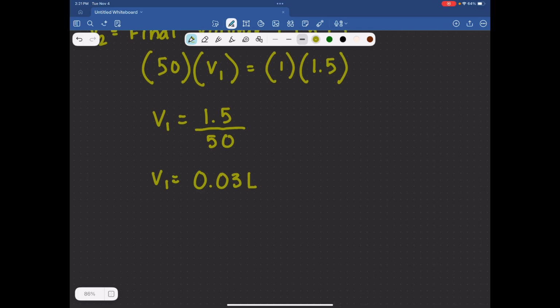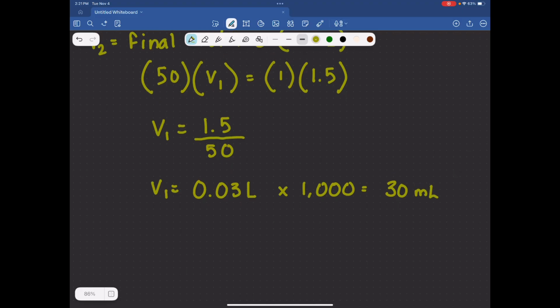So now we have it in liters, but we're not done yet. So we need to convert this to milliliters. So you multiply by 1,000, which gives us 30